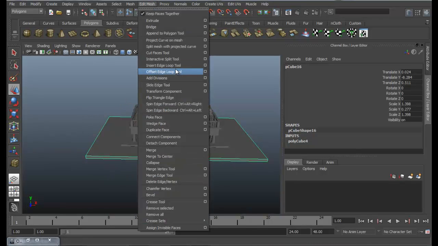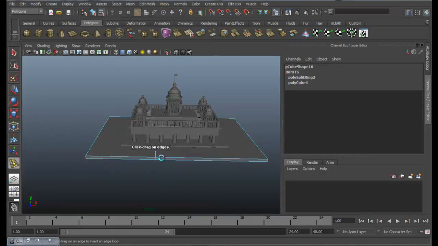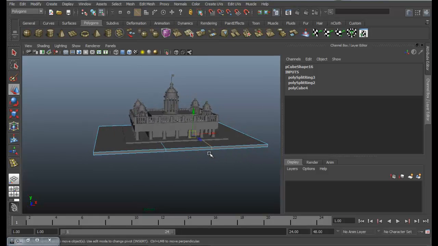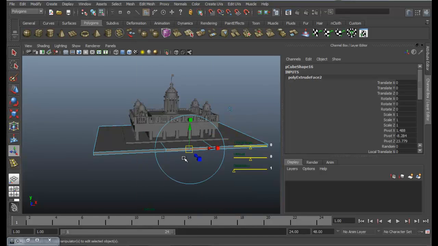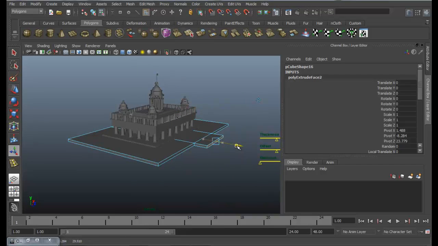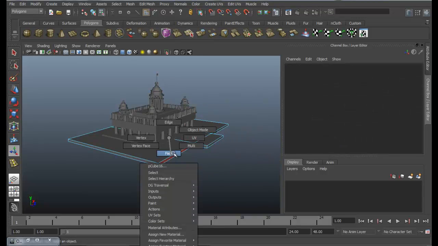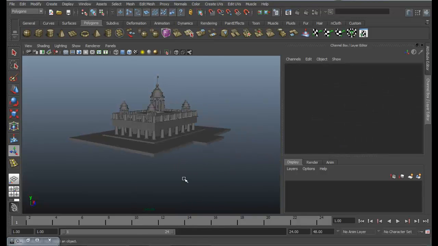Now just add 2 loops in the middle, and then just extrude the faces. Sorry, face only. A little bit outward. Okay, that's good.